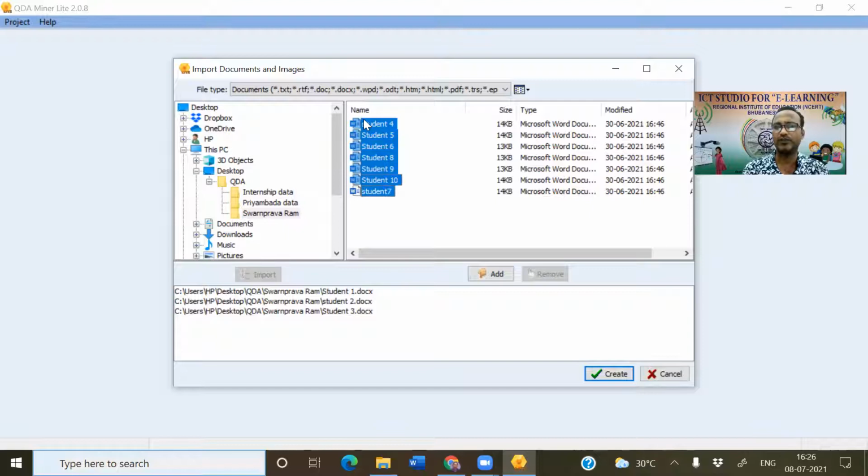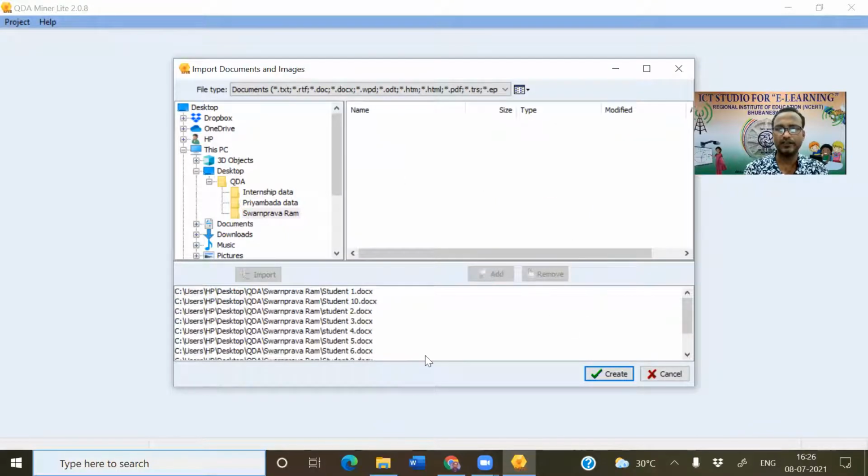All are selected. You just click here. Now it is done. Now all the data files and their location are selected. You see here the name of the data files, and the location is C drive, Desktop.